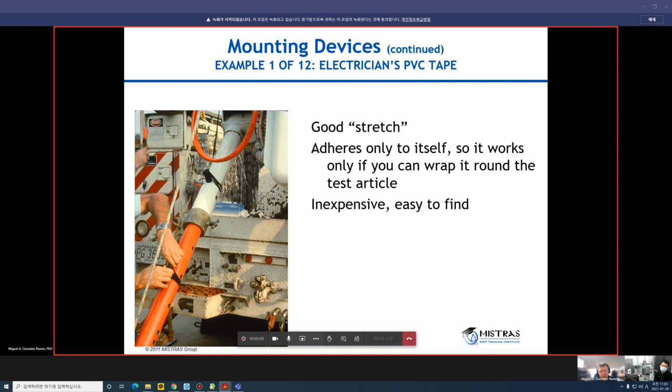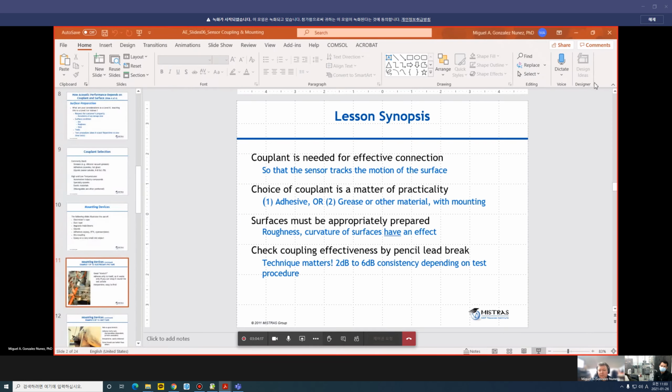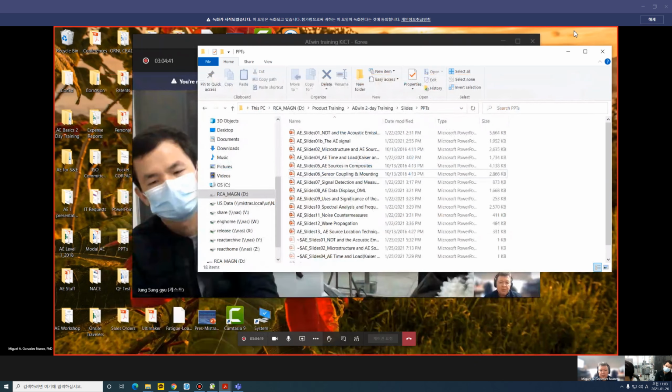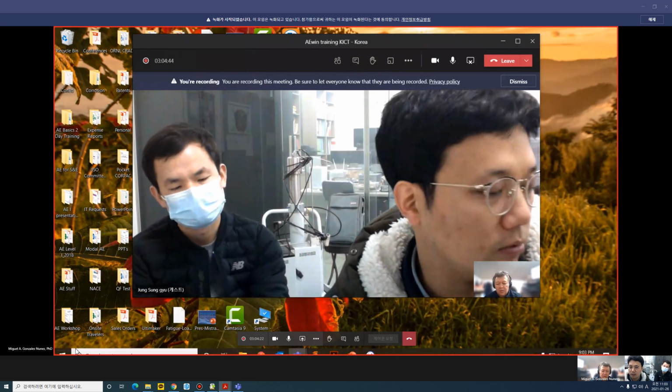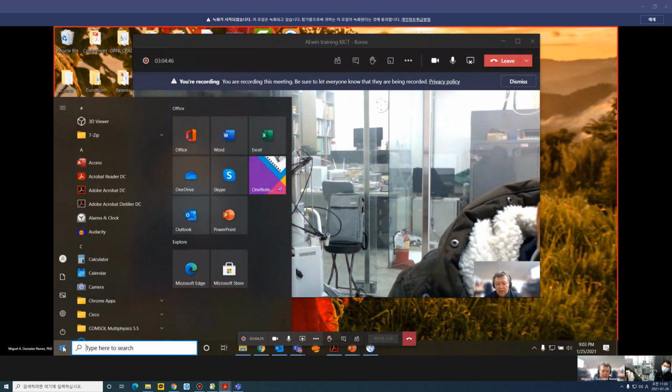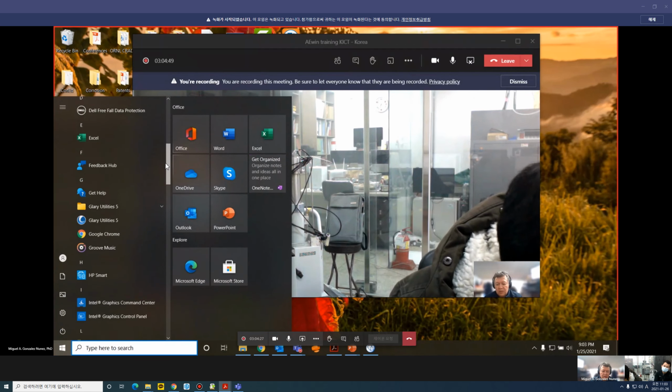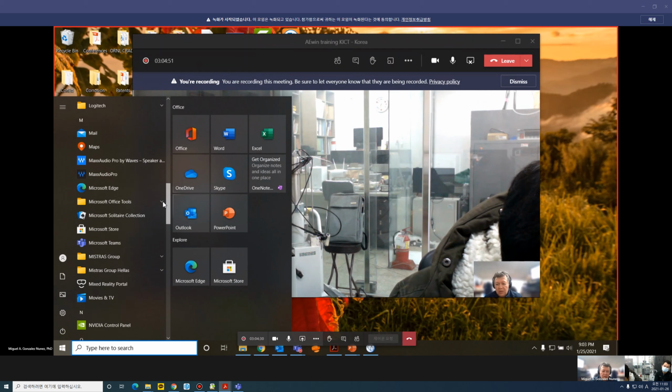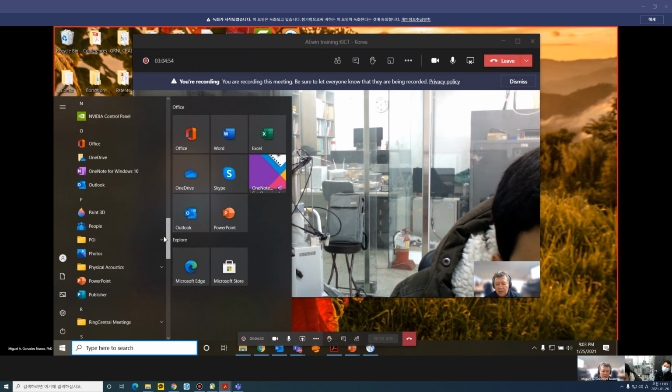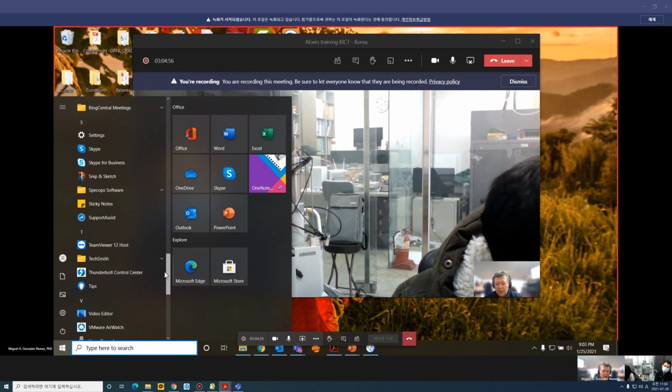I don't know in your specimen, where do you mount your sensors? In your specimen. What is the shape of your specimen? Shape? Yes, the shape. Cylindrical rock specimen. Let me open this. 50 millimeters of diameter and 100 millimeters for height. We have two types. The other one is cubical.